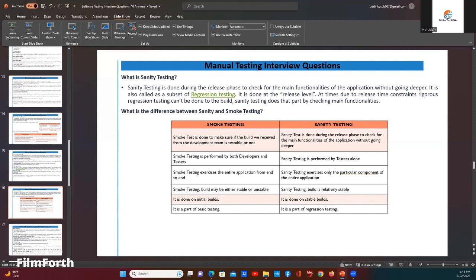What is regression testing? After finishing one phase, we do the regression testing to see that the existing functionality is working with the newly added functionality. So it's repeated testing of an already tested application, right? We already tested the application, and now we're repeating the testing to check the health of the functionalities after modification, finding a new defect,